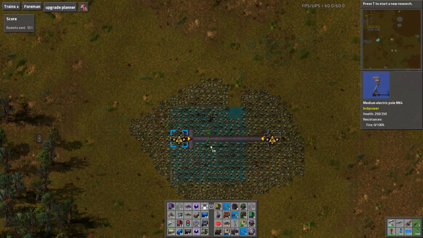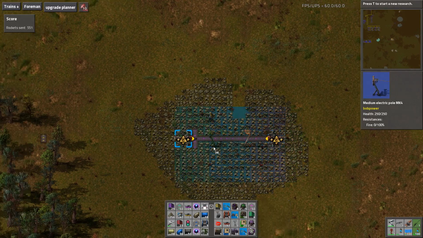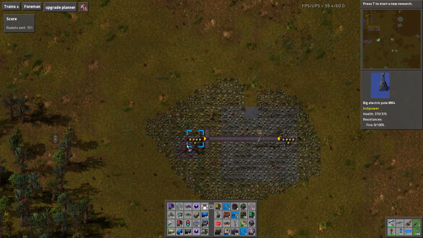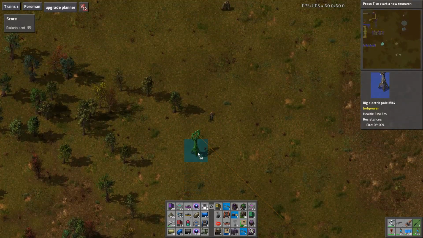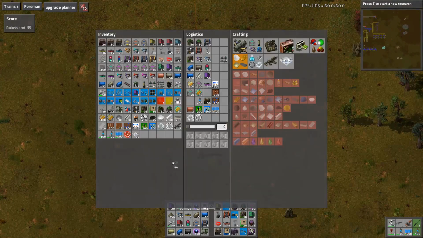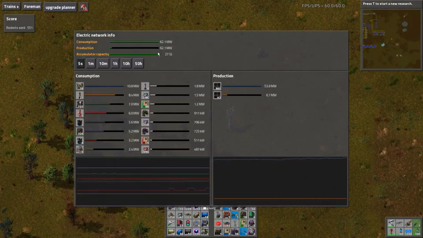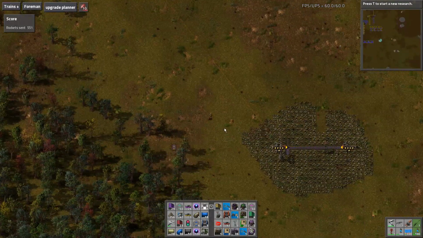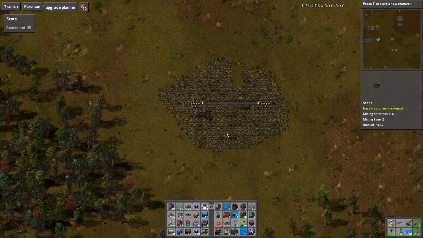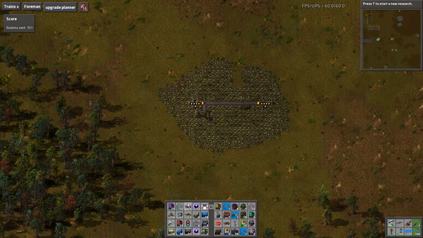So when hooked up, which I guess we can't quite get them both, but what we can probably do is something like this. If we have one of those guys there and one of these guys there, there we go, hooked up. Power. And power, of course, is still fantastic. I mean, look at that. So we're all good. Now, stone, we are going to need somewhere near where we're going to be processing the